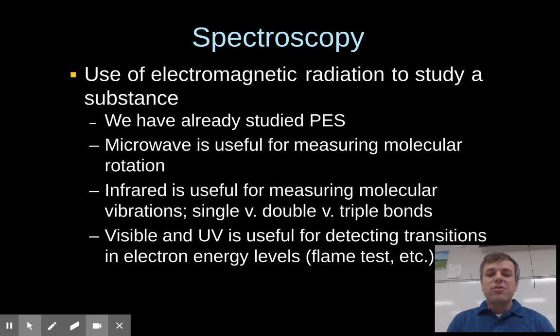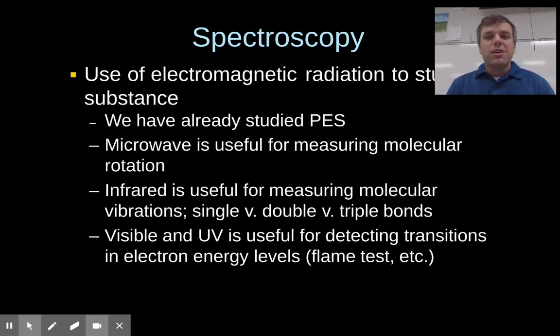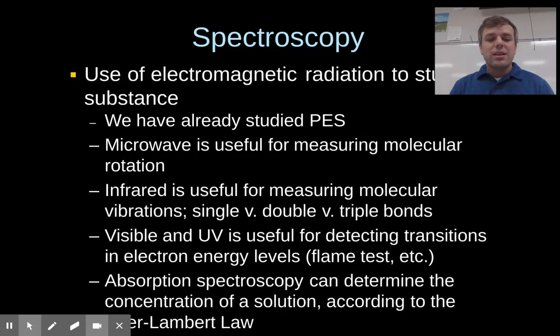And then we have visible and ultraviolet, which is useful for detecting transitions in electron energy levels, like from the flame test, where it causes electrons to jump into higher energy levels and then fall back down, and they release visible light or ultraviolet light, occasionally some infrared as well, but mostly visible and UV. And then the last type of spectroscopy that we will discuss in great detail tomorrow, and you've done an experiment with it already, is absorption spectroscopy. It can determine the concentration or molarity of a solution according to the Beer-Lambert law. And we will talk much more about that